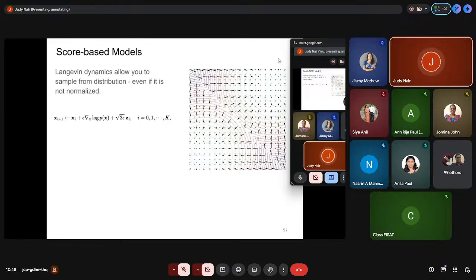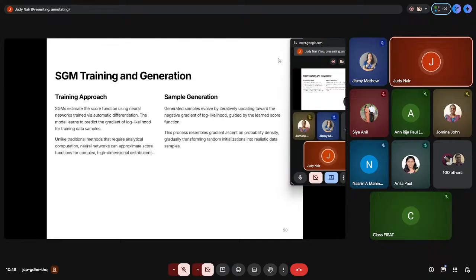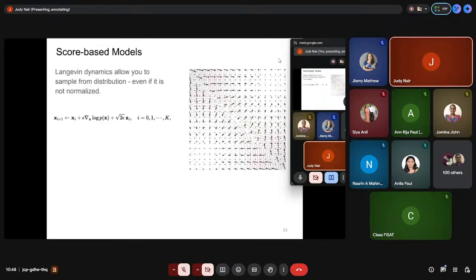Here, again, we are training the model with noisy data, as we saw before. I'll come to what Langevin dynamics is, but before that, I think I've explained this. We train the model the same way, adding noise to data, and train the model to predict the score of the noisy data each time. Because it's a diffusion model, the method is the same as that.